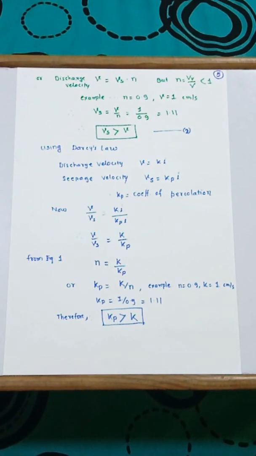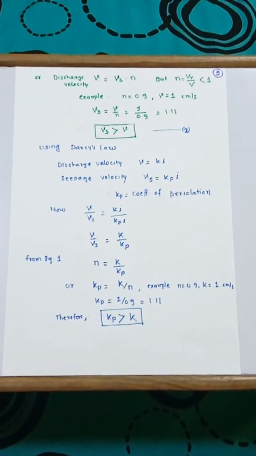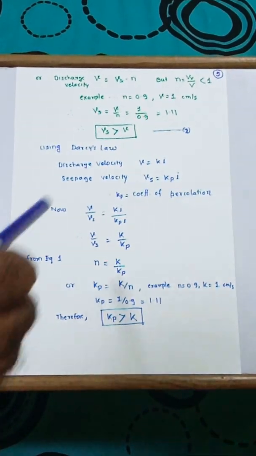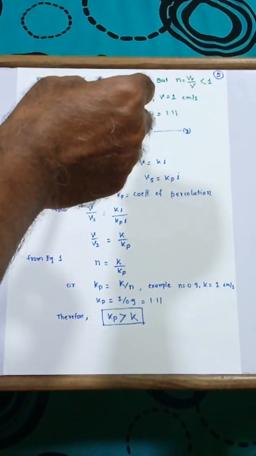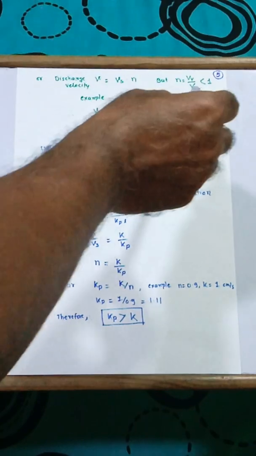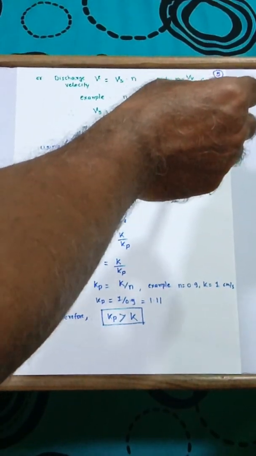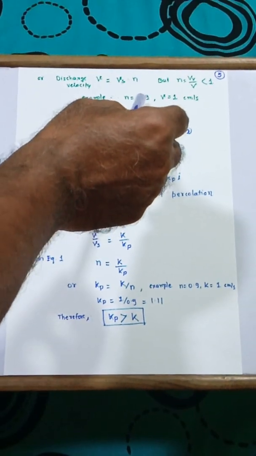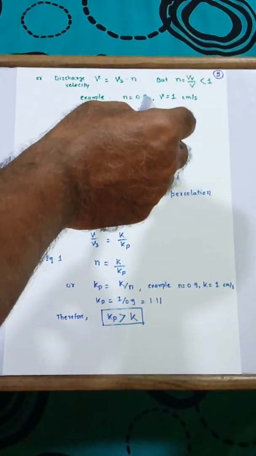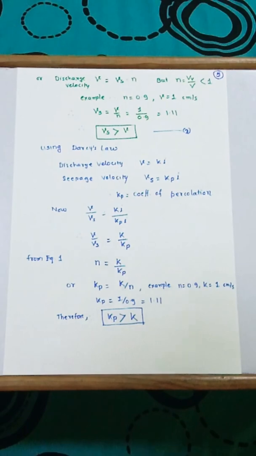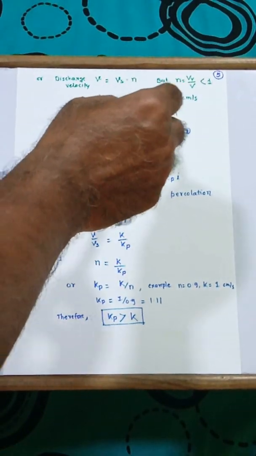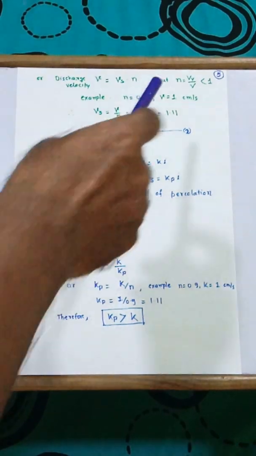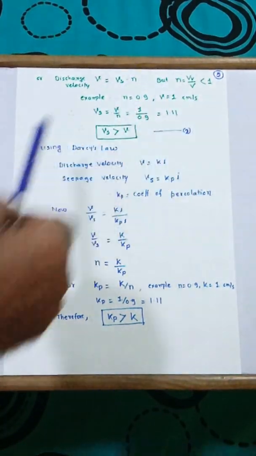So therefore this n value is less than 1. For example, if I take n equal to 0.9, that is porosity is 0.9, and discharge velocity, suppose I take it as 1 centimeter per second,